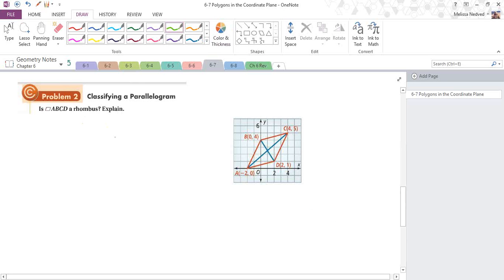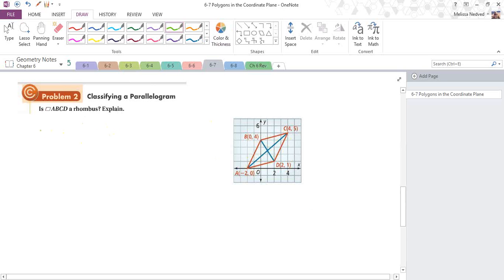Now, remember from semester 1, we talked about perpendicular lines and slope. And we said if the slopes of 2 lines are opposite reciprocals, then the lines are perpendicular. So I'm going to need to find the slope of my diagonals. My diagonals are the ones in blue here, AC and BD, and decide if they're opposite reciprocals. And if they are, then I've got perpendicular